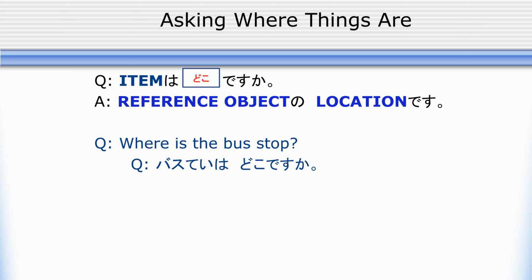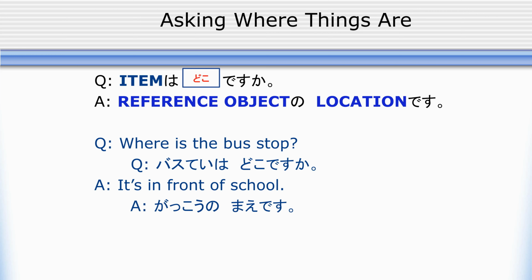So instead, I might say, it's in front of the school. So the school is what we're using for reference, and the location word is in front of. How can we say it's in front of the school? 学校の前です。